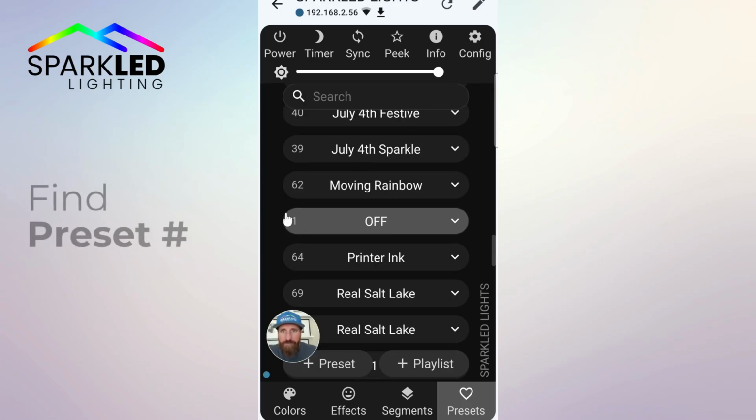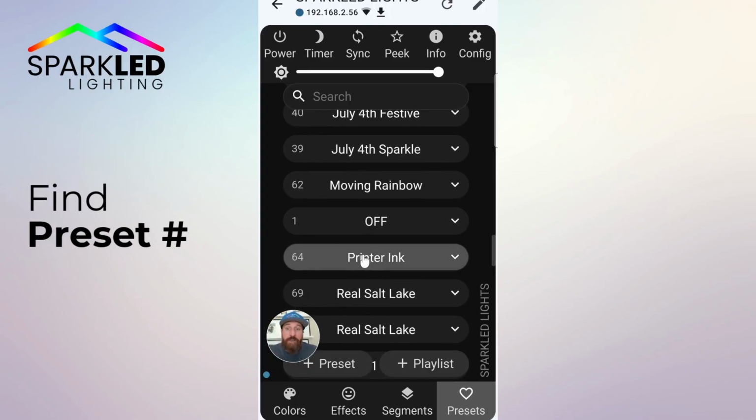You'll make note of the preset that you want to schedule. In this case, preset number 1. You might need to write it down if you can't remember. In this case, preset number 1 is easy to remember. Again, scheduling a preset is the exact same way. Let's say maybe we wanted to do 4th of July sparkle. We'll remember preset number 39. We're going to schedule both of them right now. We're going to schedule off and we're going to schedule 4th of July sparkle, or preset number 39 and preset